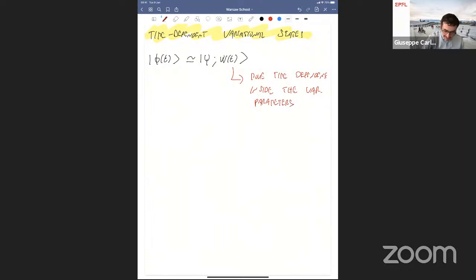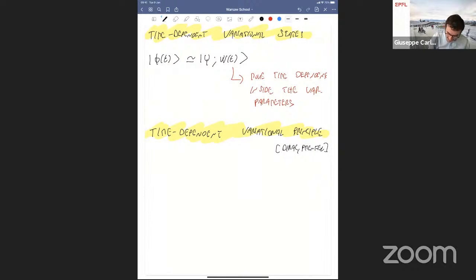This is a very well-known trick that was discovered by Dirac, at least as far as we know. It goes under the name of the time-dependent variational principle by Dirac and Frenkel. So this is essentially as old as quantum mechanics. And the idea, geometrically, is that